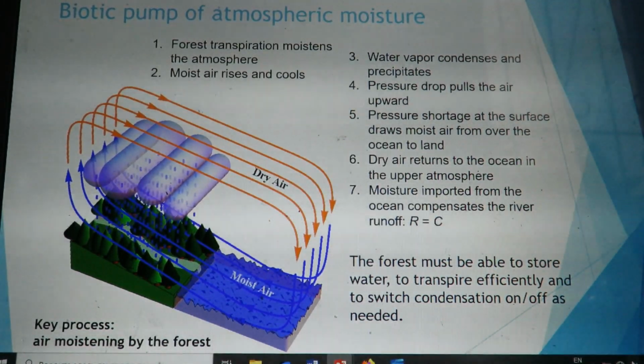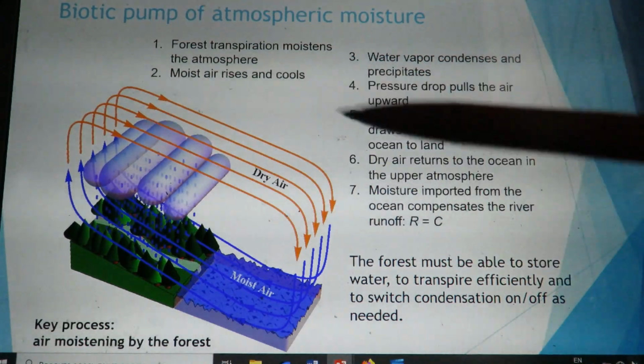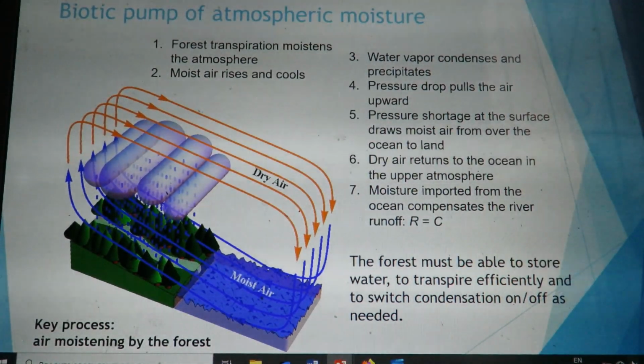It must be able to transpire efficiently, rapidly enriching the atmosphere with moisture, and it should also be able to switch condensation off and on, that is to form clouds as it is needed under current weather